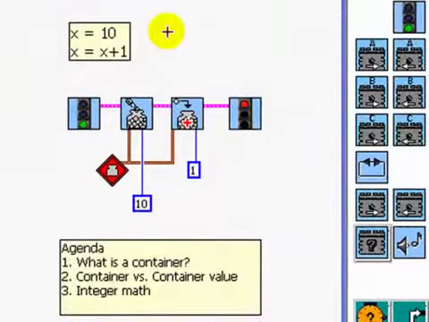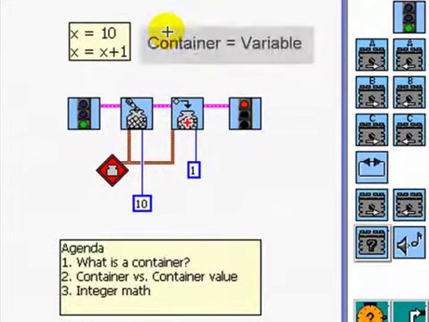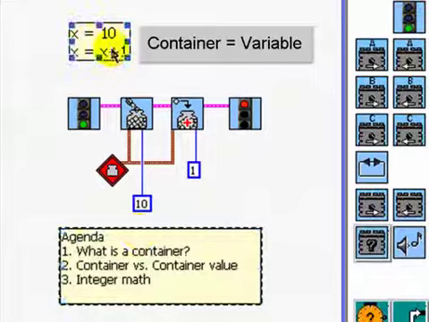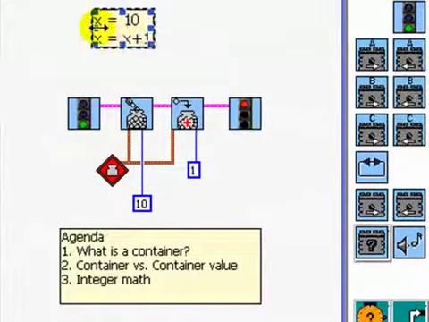Containers. This is one of the confusing things for students when they first start programming. If you've used another programming language, a container is basically a variable. So if you ask the question, what is a container? It's a variable. And if I wrote an expression, for example, if I took this expression and said x equals